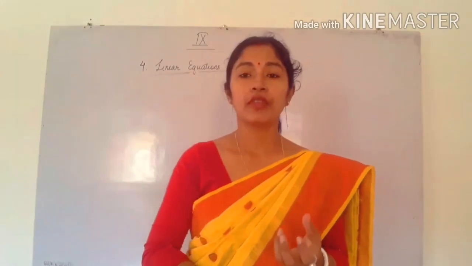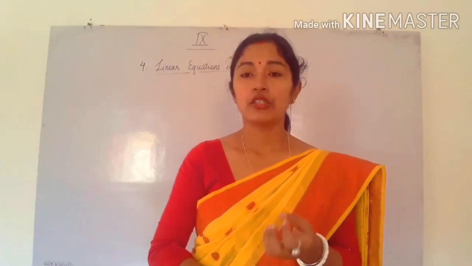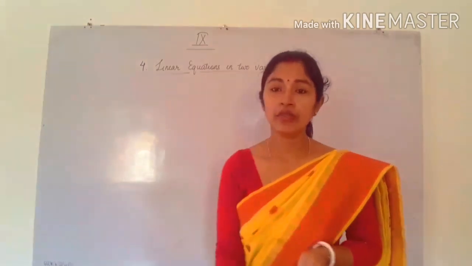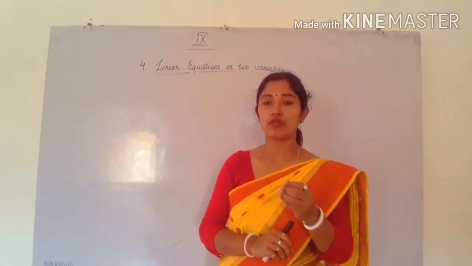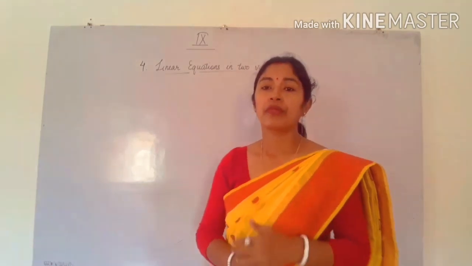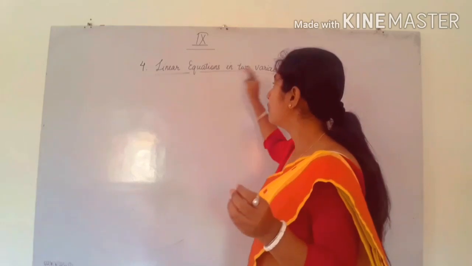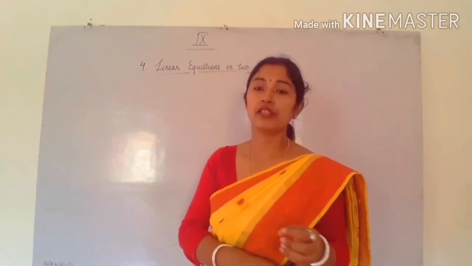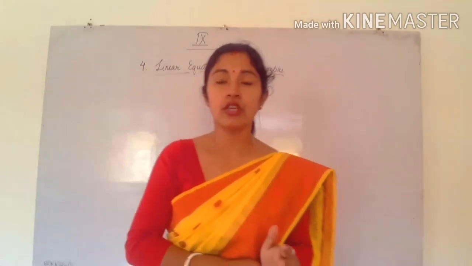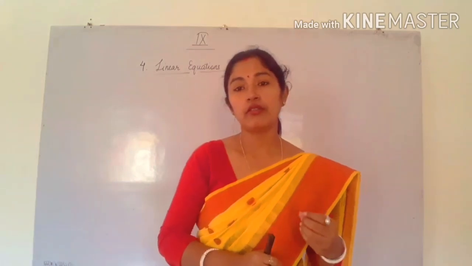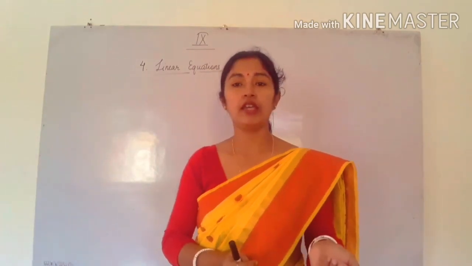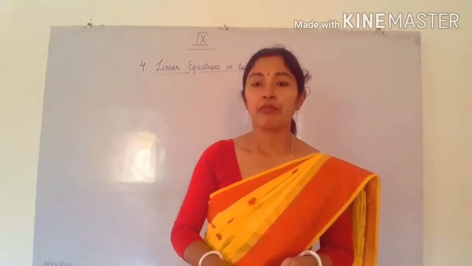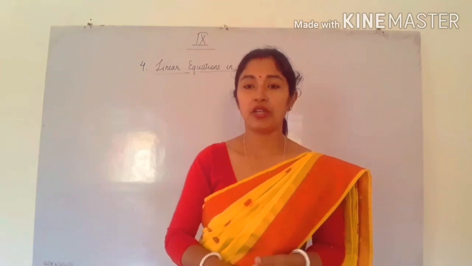Here you have to form an equation in which the degree should be equal to 1, that you know already. Linear means what? Having degree 1. Equation means there is an equal symbol which will be present in that expression. And in two variable, as we have already discussed in polynomial, the meaning of variables is x, y, which can take any real values. So here there will be two variables, x and y, or maybe p and q. So we have to study linear equation in two variable in this chapter.